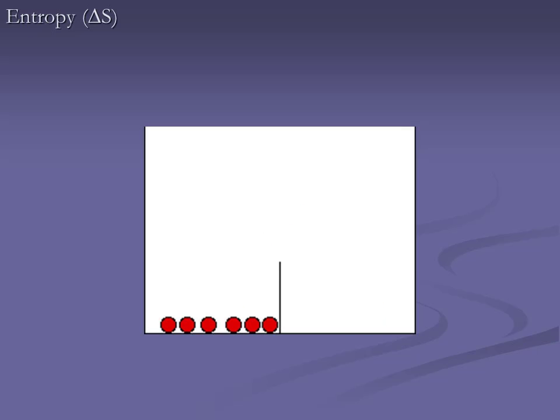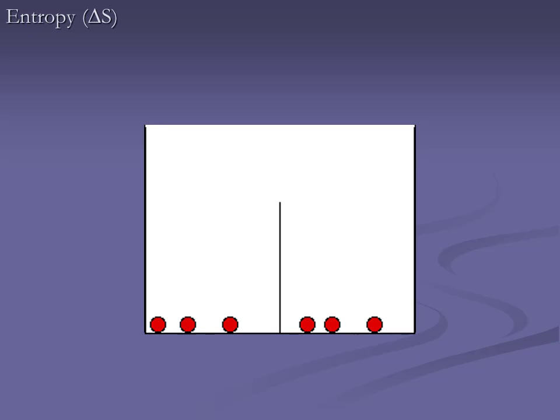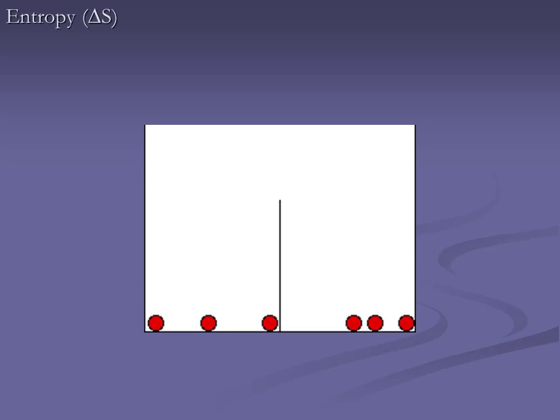Now what have I done? We've increased this partition, and even though they're still jumping, notice our equilibrium is more difficult to reach, and it's going to take longer to see these 3 and 3 because the jumping beans aren't all jumping at the same height. But they're trying to reach that state of disorder. Okay, let's look at another one.